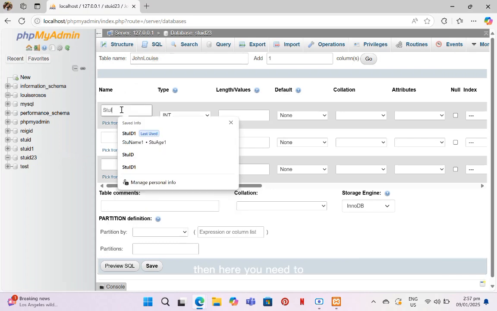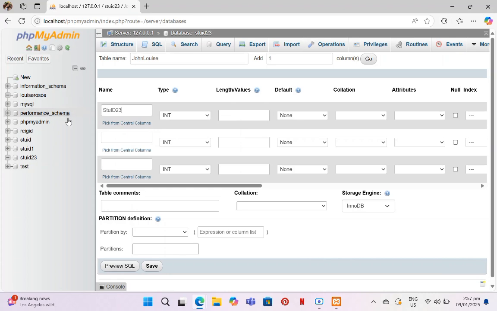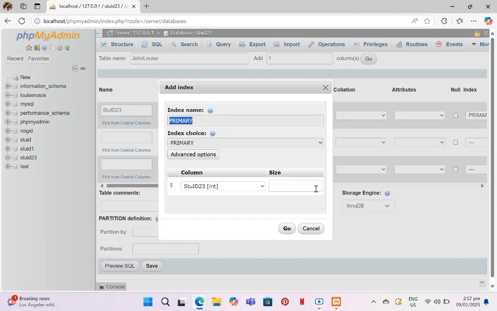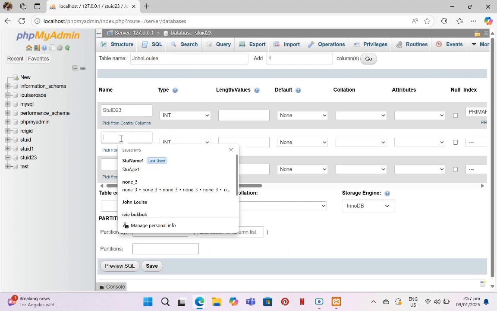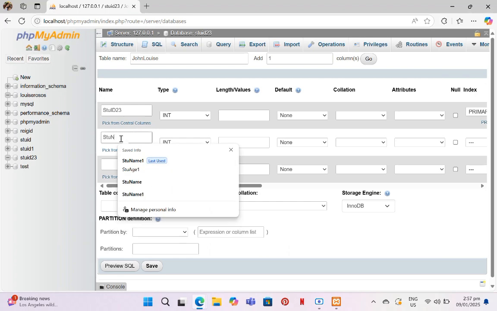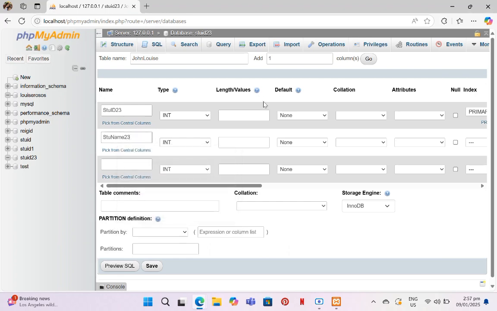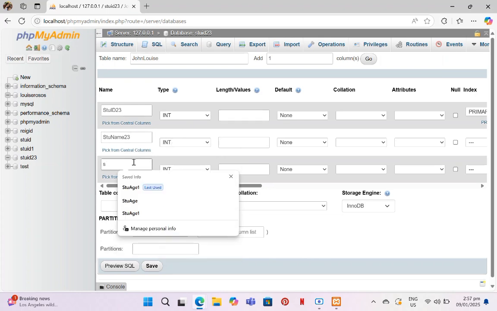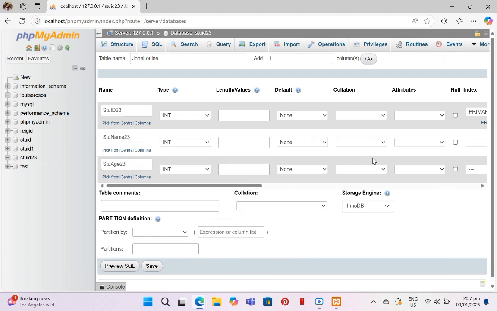Then here you need to choose a relation, the last one. And then after that, you need to save.